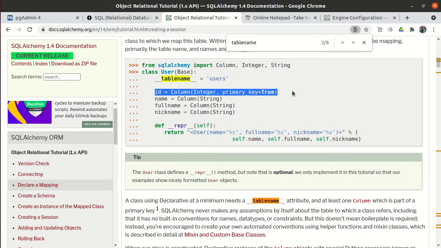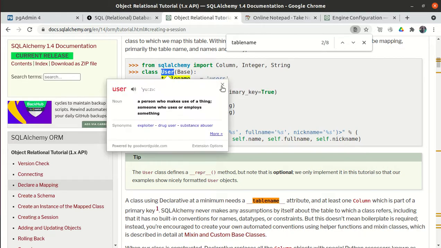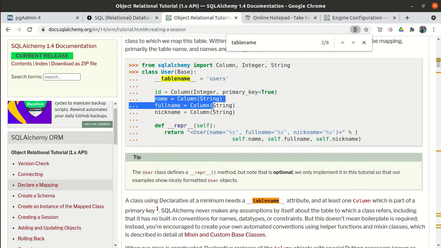The table should have at least one column, and that column should be a primary key column. These are the minimum required to create a table, and the rest we can pass as extra information. So a class using declarative, at a minimum, needs a __tablename__ attribute and at least one column which is part of the primary key.